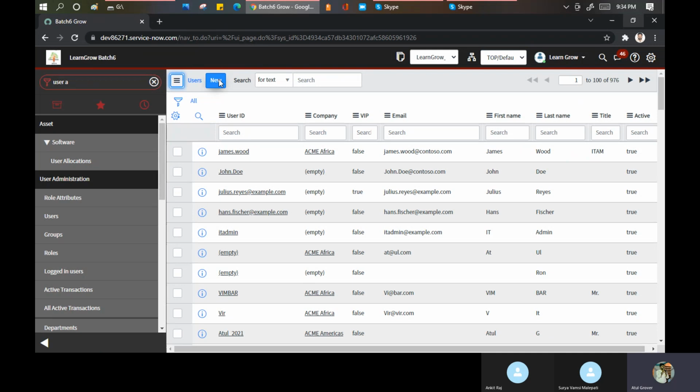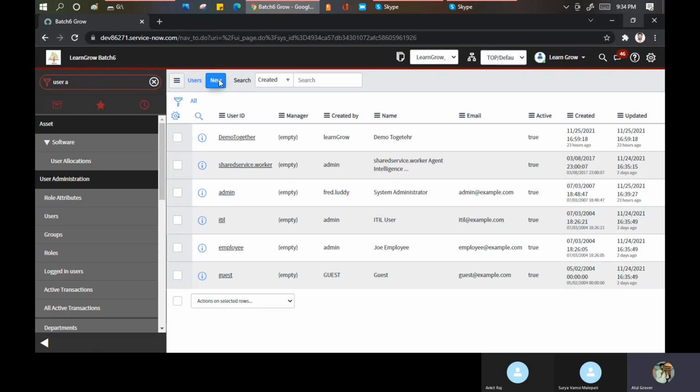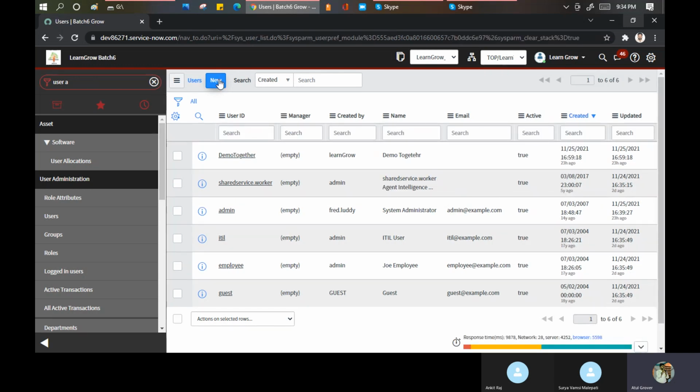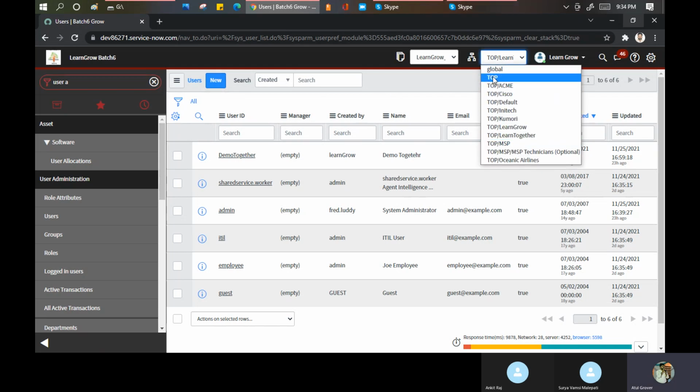Maybe, maybe not. Or do I need to give some special rights to Ankit so that he can see everyone's data? That can be one option, because this is clear that we should not create any record in the global domain. That's wrong.